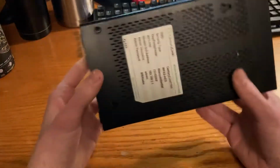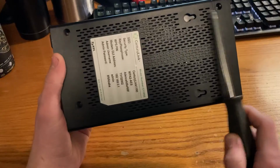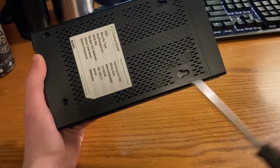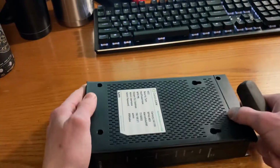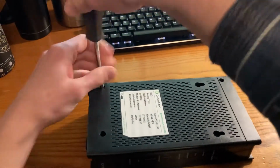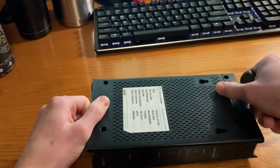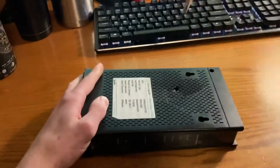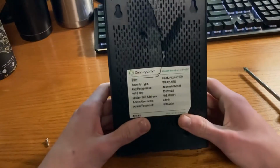So, first thing we want to do is take out these 3 screws here. It's only 3, and then there's some plastic clips inside. So, start by taking out the screws. Usually this one's first. Alright, that one's out. Now, alright, so now that we have that out of the way,